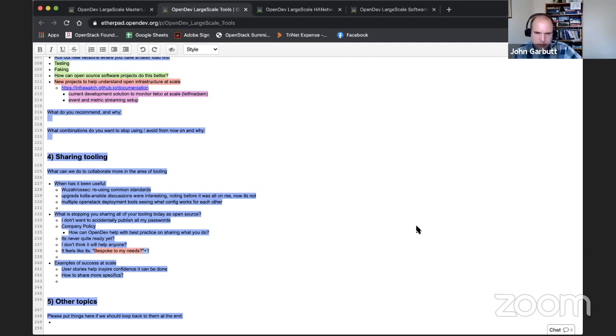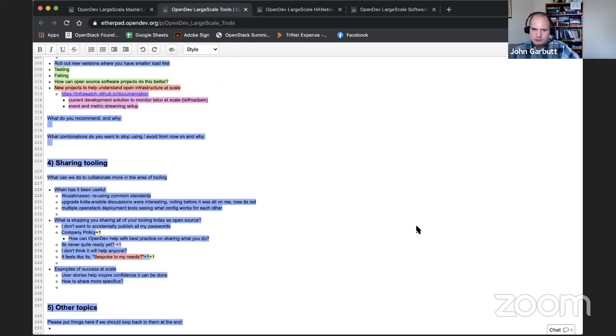So offering up two examples that have come up a few times, I think it was at a security SIG, an OpenDev event previously, or at one of the security SIGs at the PTG, I think. Wazuh came up as an interesting security and auditing system, a really interesting example of people sharing their list of things that you should check to monitor the security of your system. So as a group effort, having that sort of group think and sharing that through a tool, Wazuh seems a great example of that.